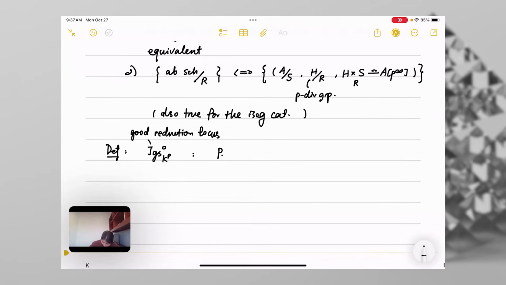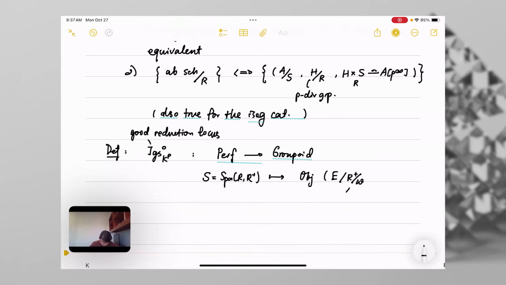This is the stack on perfectoid spaces that sends a test object of the form Spa(R, R plus) to the groupoid whose objects are elliptic curves over R circ mod varpi, where varpi is any pseudo-uniformizer,